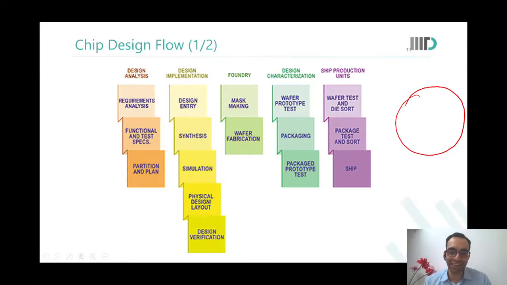That is strategy, designer strategy. We are presently talking about what the flow entails. The flow entails identifying and sorting them. So wafer test and die sort, package test and sort. If these packages are operating at this frequency, these packages at this frequency, and therefore I will sell them separately. Yes, sir. Okay. And then I finally ship it to the customer.